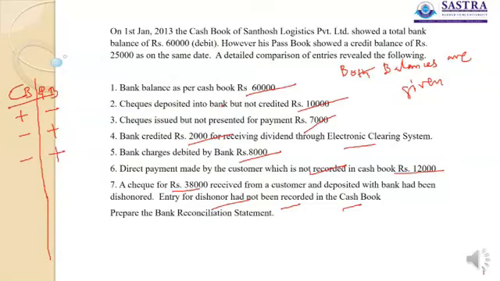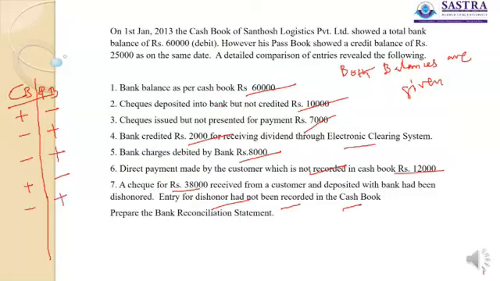Bank charges debited by bank, it is a kind of expense and debited in our account, that keeps our passbook's balance minus. Whereas the same expense or bank charges not being brought into the notice of the trader and not entered into cash book, that keeps the balance plus. And direct payment made by customer which is not recorded in cash book is also a kind of income, which keeps higher the passbook's balance, not yet brought into the notice of the trader for recording in cash book, that keeps lesser balance.